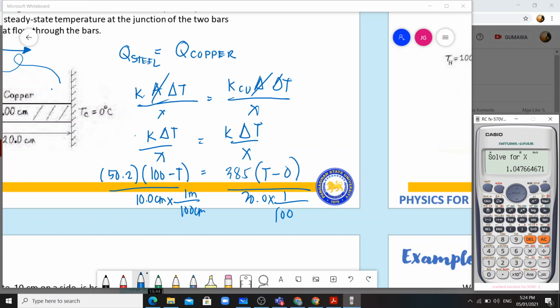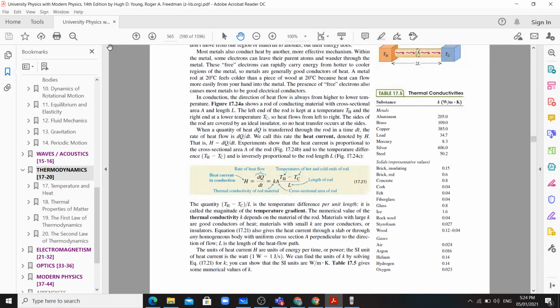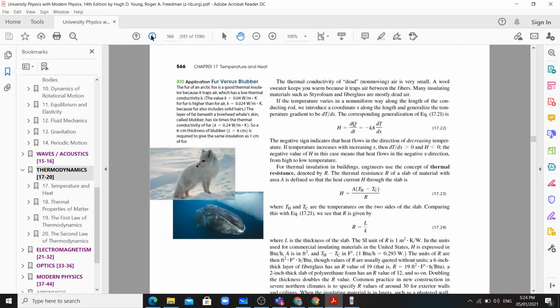Okay. Shift solve. So, ang temperature nila is 20.68 degrees Celsius. Yun yung gitna. Okay, 20.68 degrees Celsius siya dyan. Okay, so,